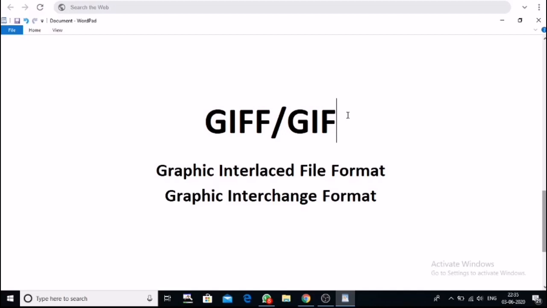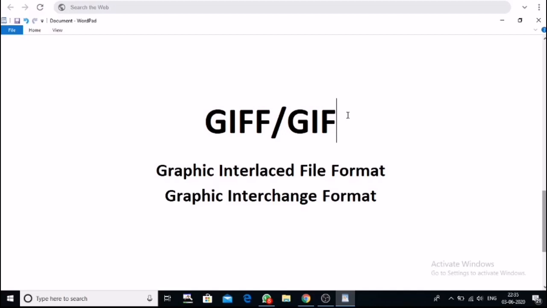So that means we need to be careful about when we are using the GIF file format. It discards the information of the colors in an image, right? Because GIF supports very few colors. So where do we use this GIF format? When we show some banners in our web page, then we can go with GIF, right? Advertisements come, right?